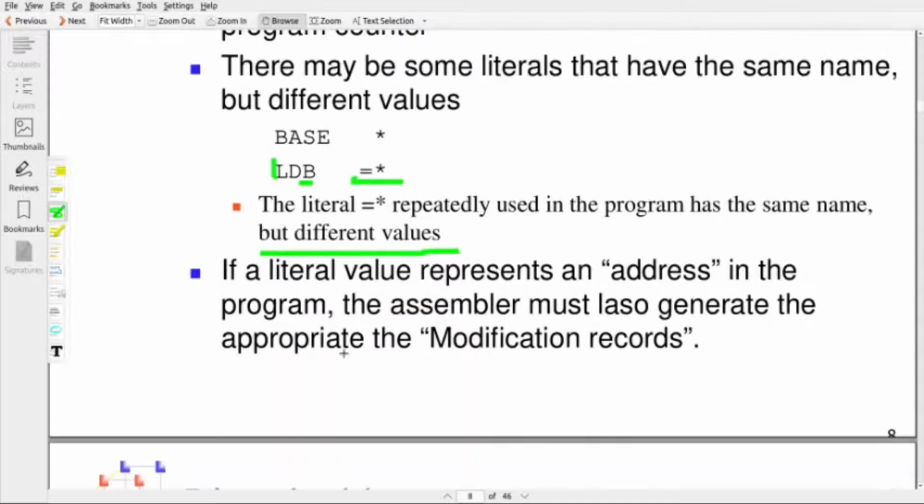If a literal value represents an address in the program, the assembler must also generate the appropriate modification record. Suppose the literal represents an address, then that address is also an absolute address. Because of the relocation problem, the assembler needs to generate a modification record for such literals.